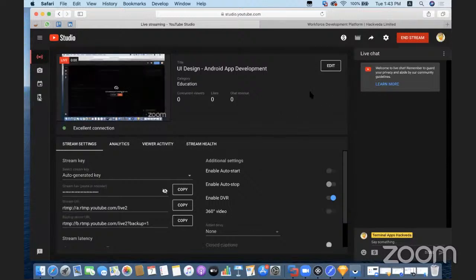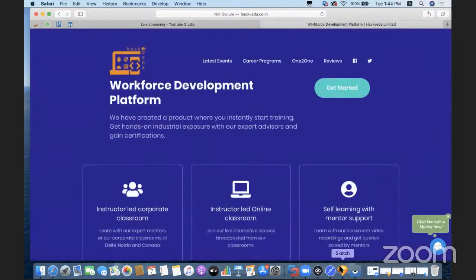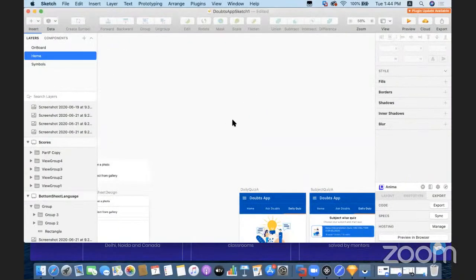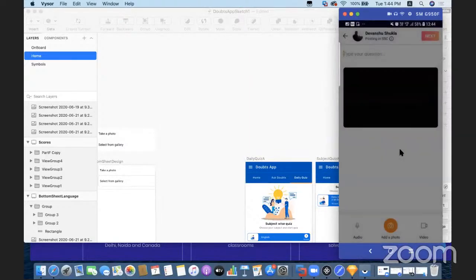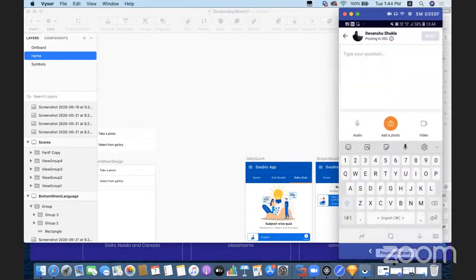Hi, welcome. In this session, we will be discussing UI designing for Android applications. In our current project, we have to build a new UI design, and the UI design would look somewhat like this. This UI design I would like to show you is a design for asking a question on an application. Let's say when a user clicks on a question, he is going to get an activity